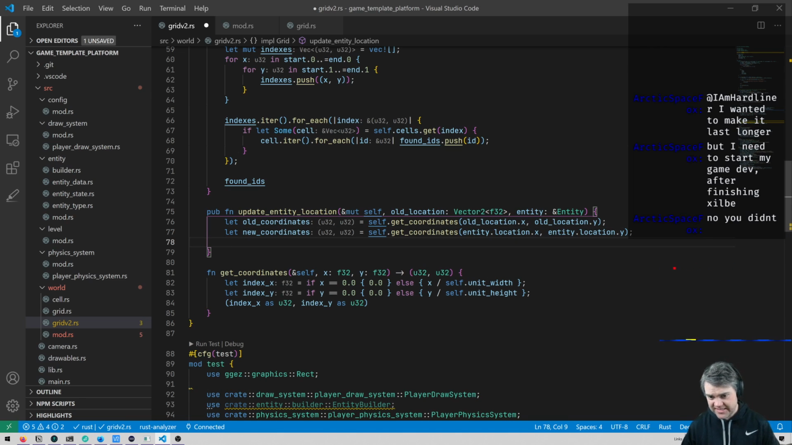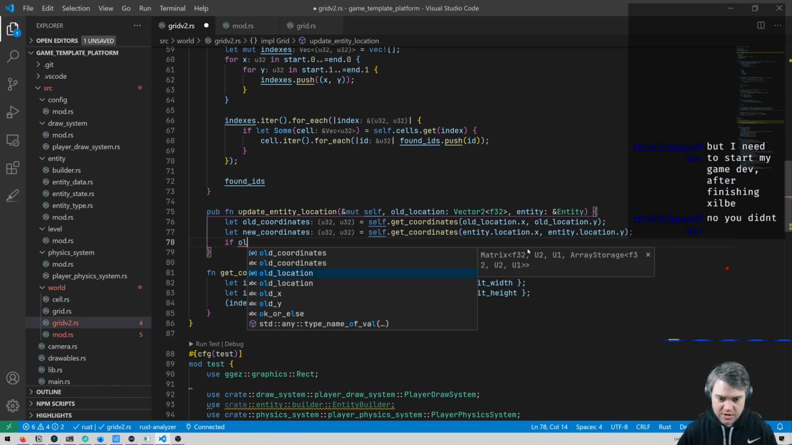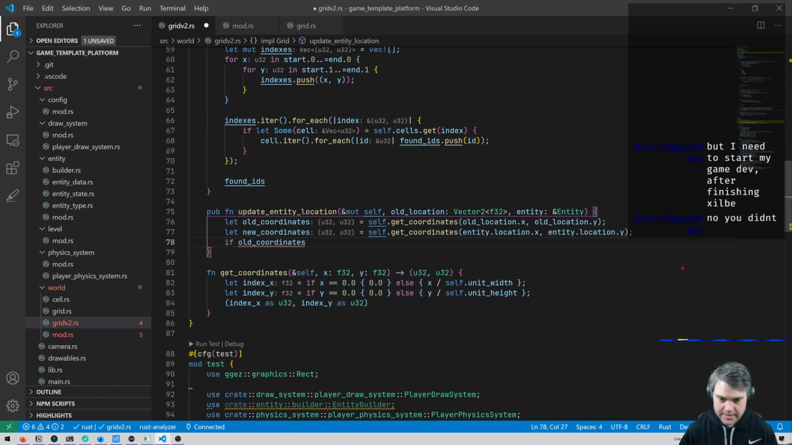Entity.location.x, location.y. Okay, so then we want to check to see if these are the same. We're not going to do anything. So if they're different, that's when we do something. So if old coordinates is